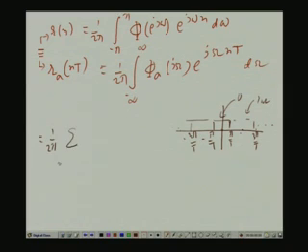This entire integral will be written like this, sub integrals from 2 r pi by T minus pi by T, that is 2 r minus 1 pi by T